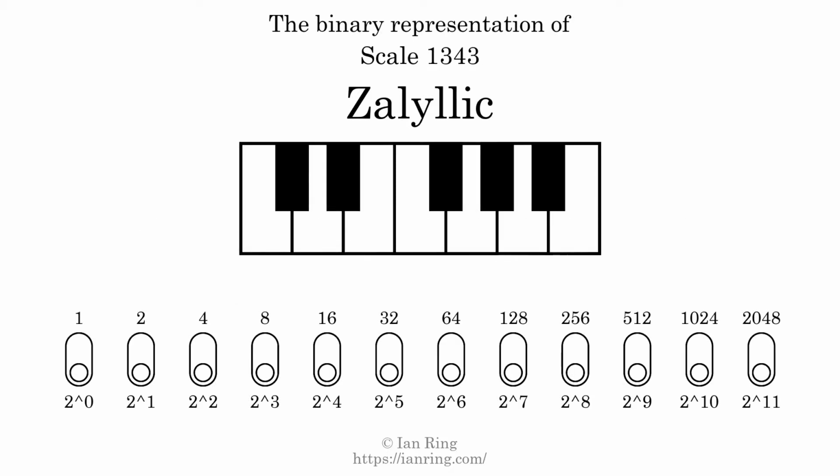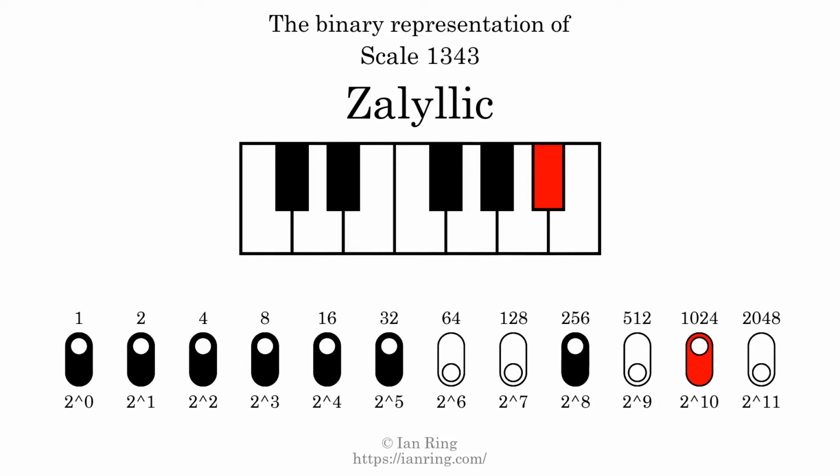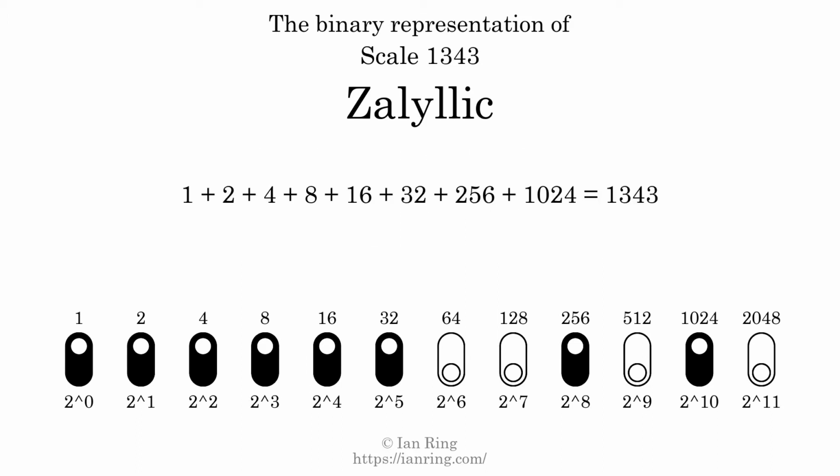The binary representation of this scale is determined by mapping tones of the scale to binary digits. Each binary digit represents a power of 2. To get the scale number, we add the powers of 2 together. The powers of 2 that are present in the scale, all added together, equals 1343. That is why the scale number, in decimal, is